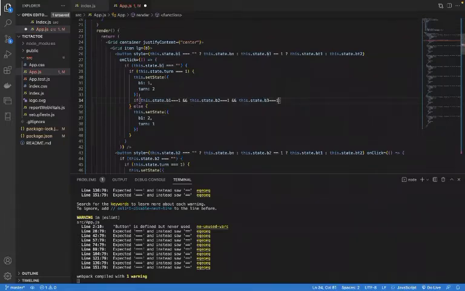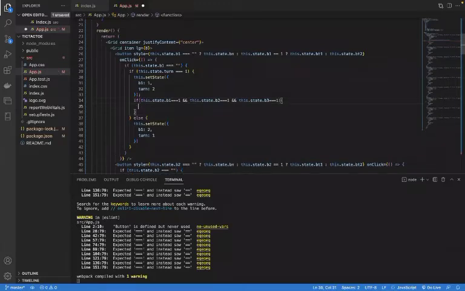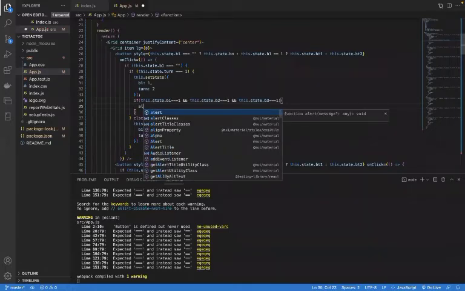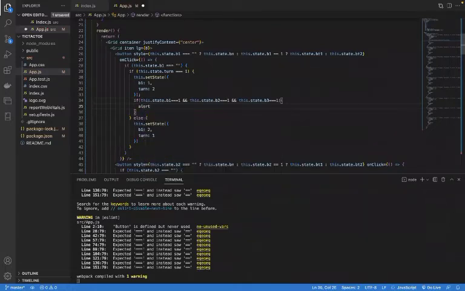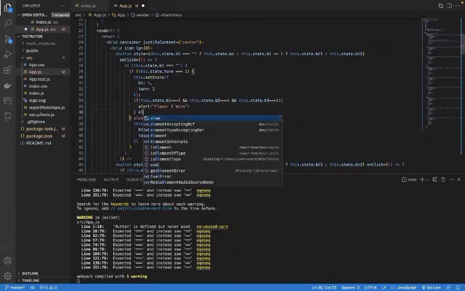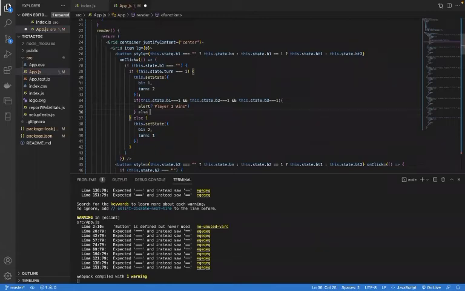This will be one condition. Then we'll just give an alert: Player 1 wins. Right. Then we'll give another condition, like else if